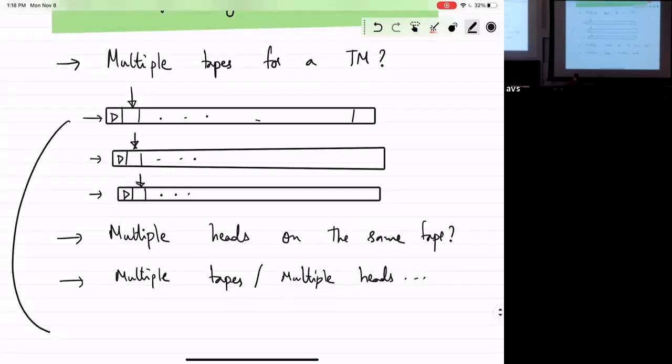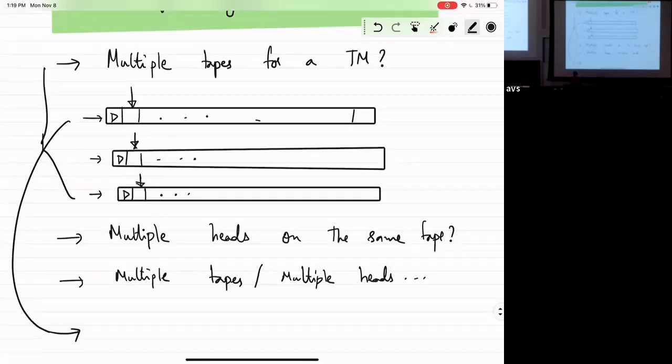Just for being formal, let me describe what having multiple tapes per Turing machine would mean. Let's check our skills with formally defining stuff. You have a definition of a Turing machine, which is very formal. You had to have this transition function and things like that. Now you are going to write the next extension, Turing Machine 2.0.